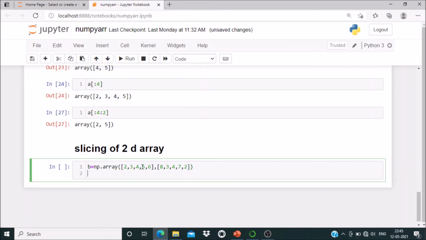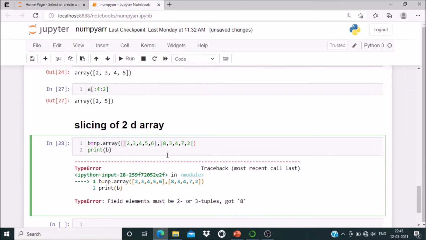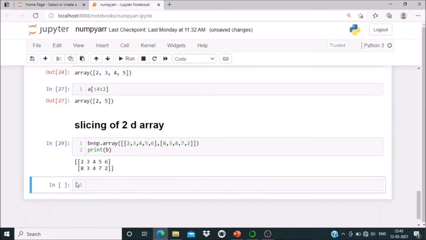Then we'll print b. It should be two-dimensional, so it needs a square bracket here and a square bracket here. Run. Okay, so this is the two-dimensional array: b is equal to 2 3 4 5 6 and 8 3 4 7 2.